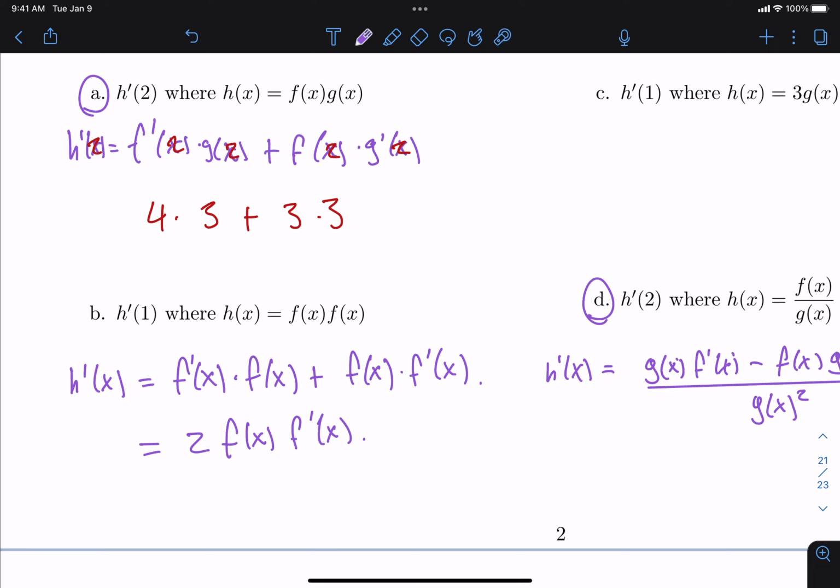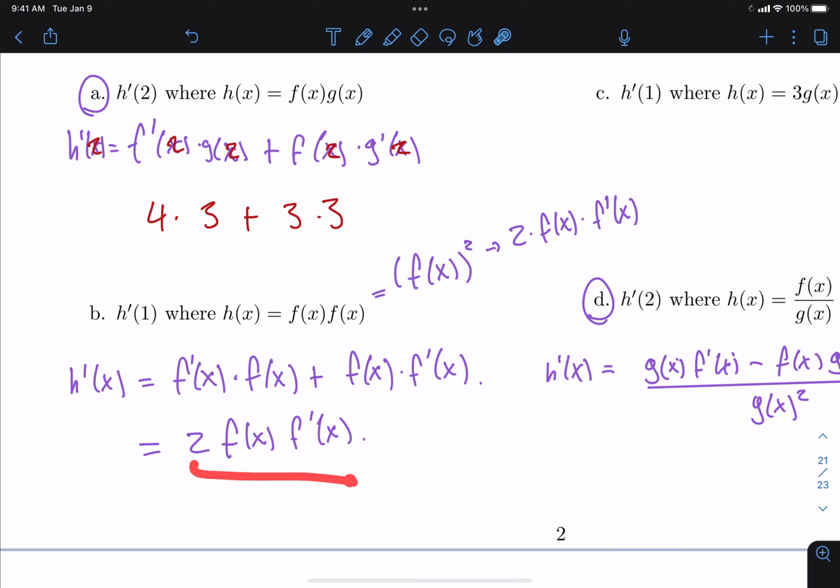which is not that surprising given that there's another way we could write this expression as the function f of x squared. And then we could do its derivative using the chain rule, which would give us 2 times, leave f of x alone, multiply times the derivative of the inside, which is exactly what we got when we did the product rule as well. So there's a lot of times where the rule which you can use is sort of up to your discretion,